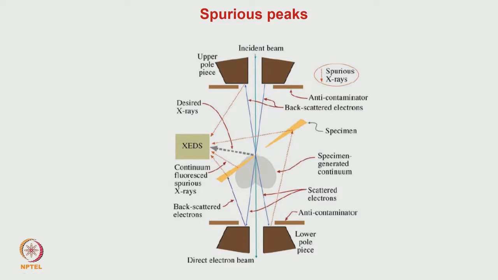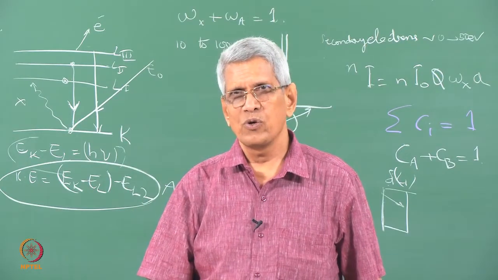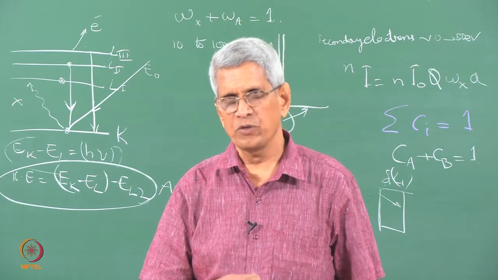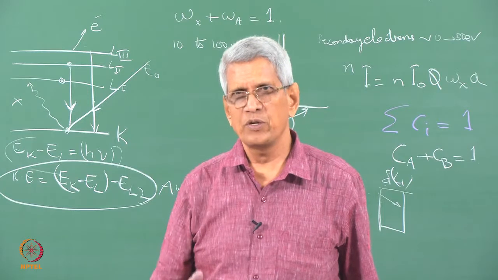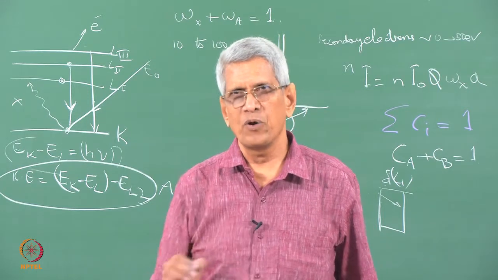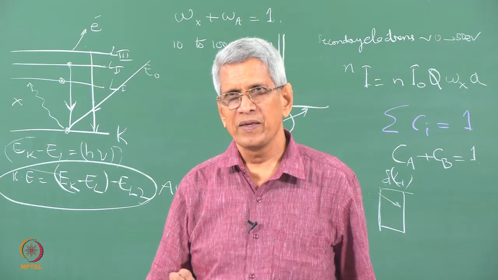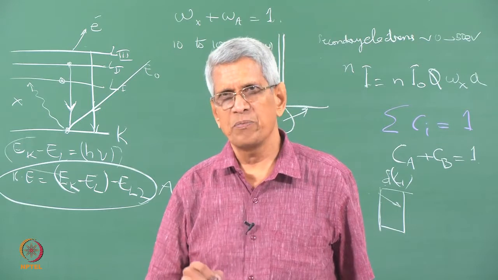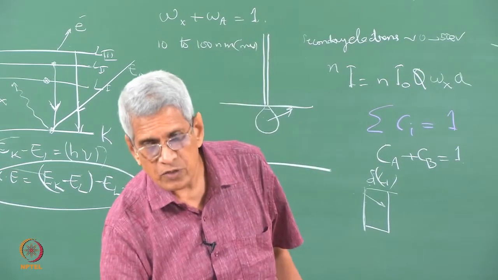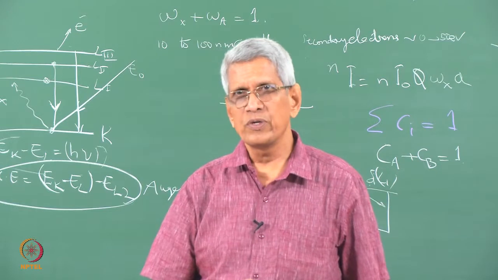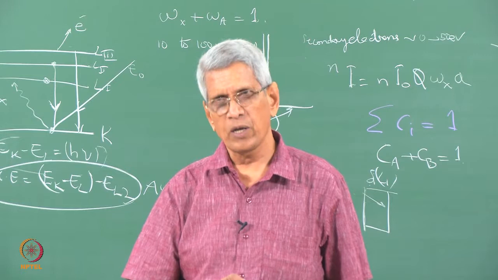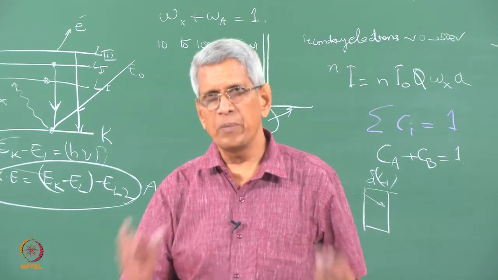In most microscopes, the holders which we use are copper. So even if the sample may not contain copper, we will get a lot of signal corresponding to copper. The only way this can be reduced is to use a beryllium holder, so that for low Z elements the efficiency of X-ray generation is very small. That is why, if we want to do EDS analysis, the chemical composition analysis of a sample, one should not look at the sample in the normal holder, one should put the sample in a beryllium holder.